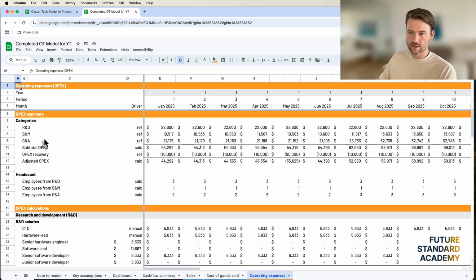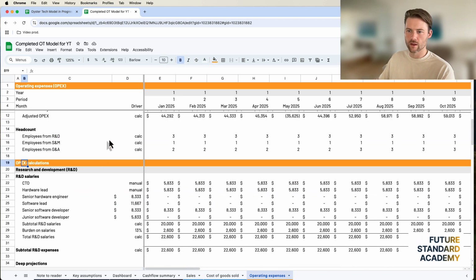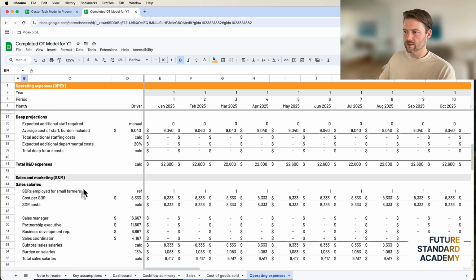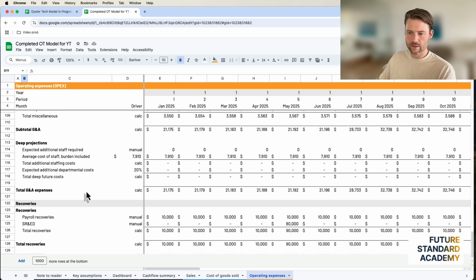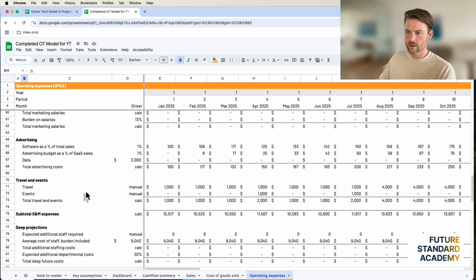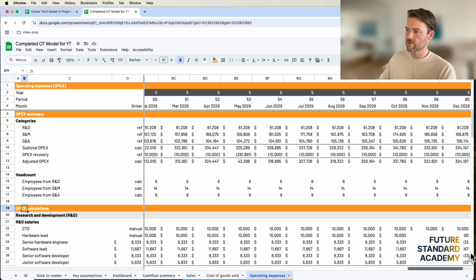Operating expenses, you guessed it, all the operating expense categories are rolled up together at the top. That's research and development, sales and marketing, general and administrative, and then all of the calculations down below, along with an employee headcount counter up at the top. So that's the way it's going to look. And then quite a few rows on the OPEX side of things, operating expense, that is 129. And then it goes over for 1, 2, 3, 4, 5 years.